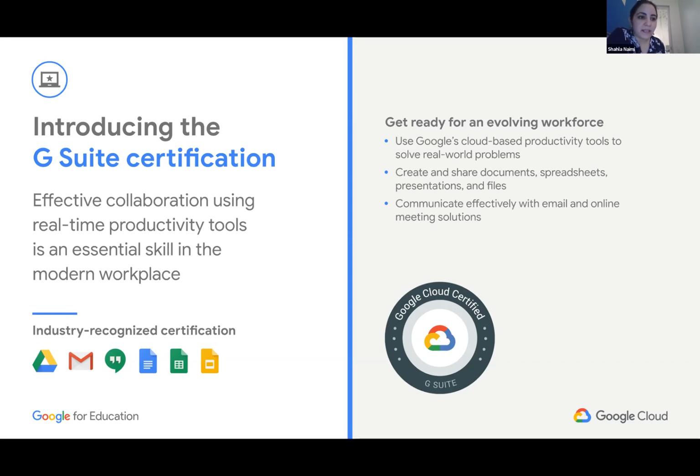And it was really an intentional decision on our end as a team to bring them all together, because often you're not just using one of them in a vacuum. In order to create a resume, for example, you probably would navigate to Google Drive, and from there you would create a new document, and then you would link that document in an email to a potential employer. And so in real life, we know that you're usually using more than one app at a single time. And so we really wanted to make it as applicable to real life as possible.